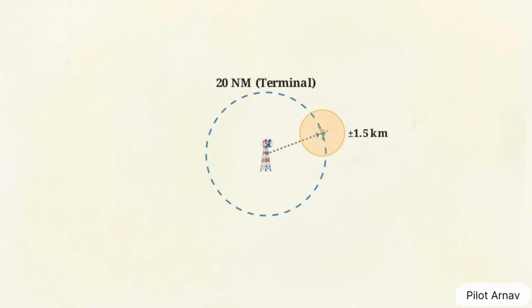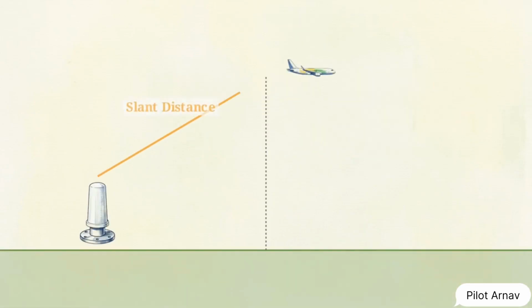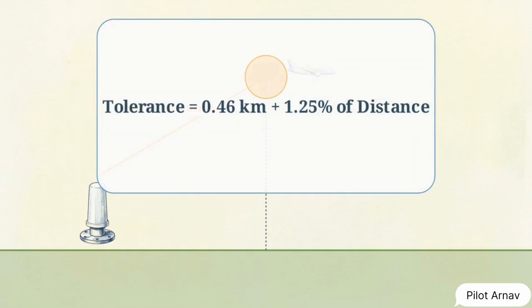Traditional geographic fixes are tolerance areas subject to signal errors. Terminal Area Surveillance Radar, within 20 nautical miles, has a ±1.5 kilometer tolerance, en route radar, up to 40 nautical miles, has a 3.1 kilometer tolerance. DME equipment calculates slant height distance with a fixed tolerance formula of 0.46 kilometers plus 1.25% of the distance to